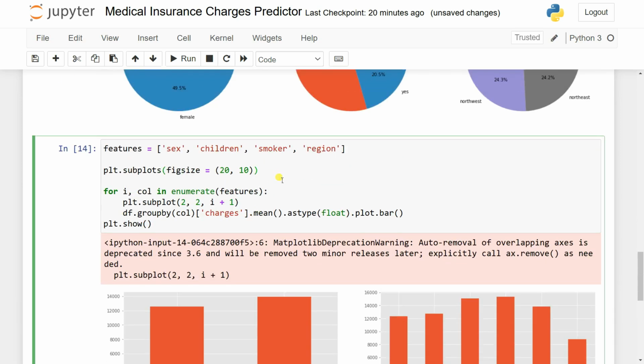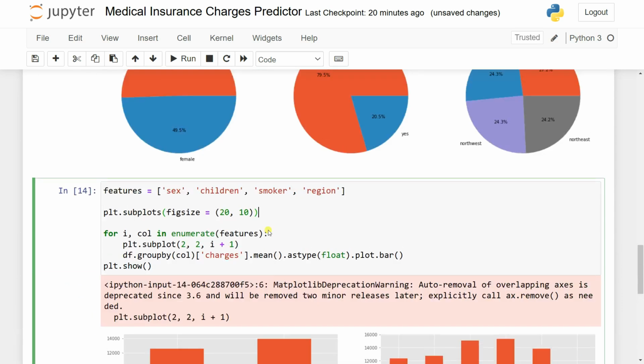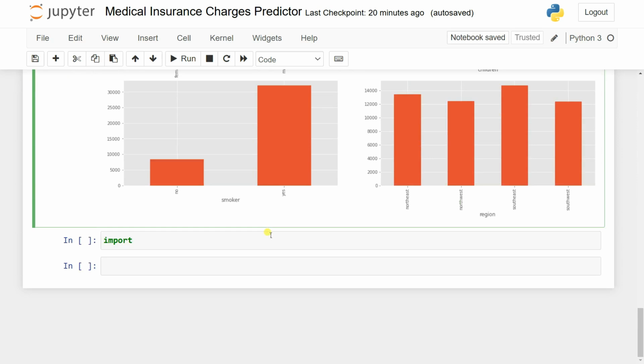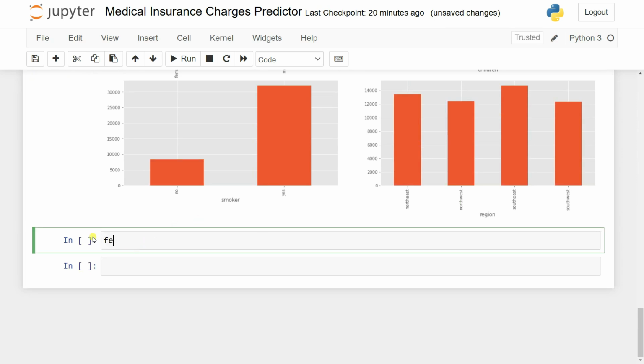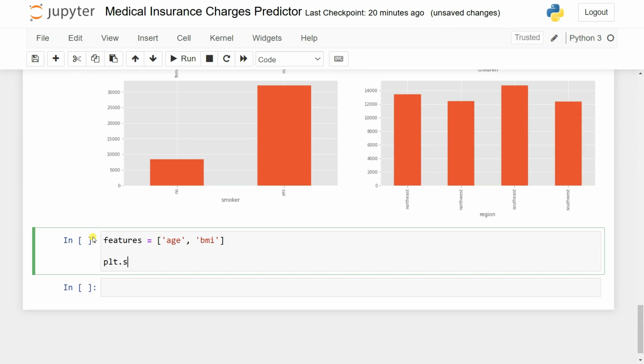You don't have any unique value like that. It's nothing but a continuous value. So you can simply compare these based on the charges. So we can take, let's say, features, and here I'm going to put, let's say, age and the BMI. And then after that, plt dot